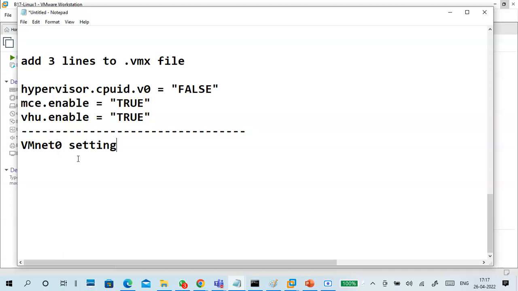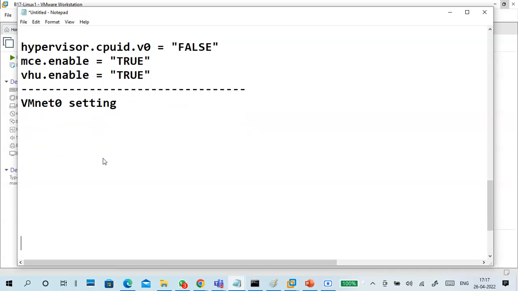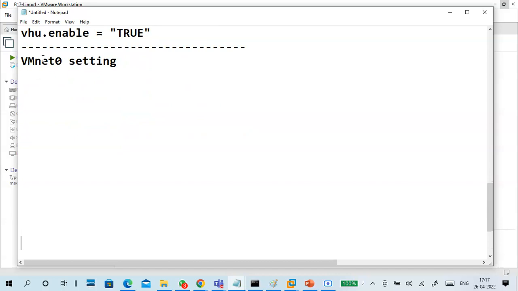Once again, I will tell the VMnet 0 settings. Now look carefully, guys, at the VMnet 0 settings in VMware. First of all, go to Run, ncpa.cpl. Okay, what is your adapter?